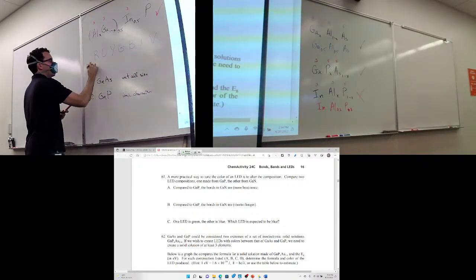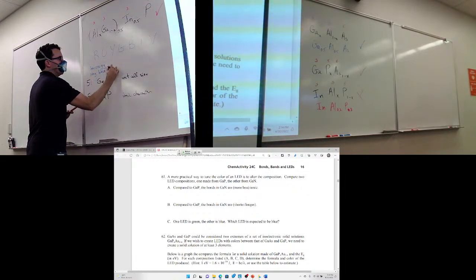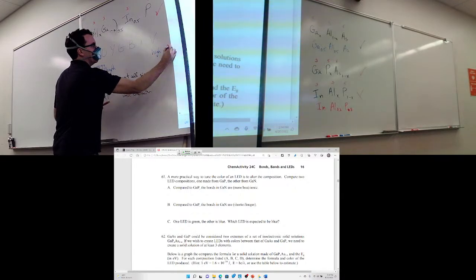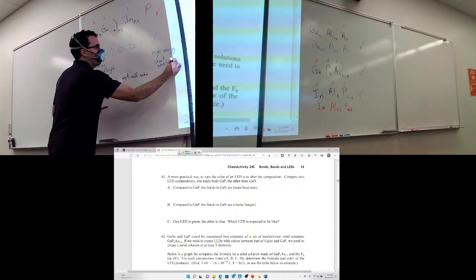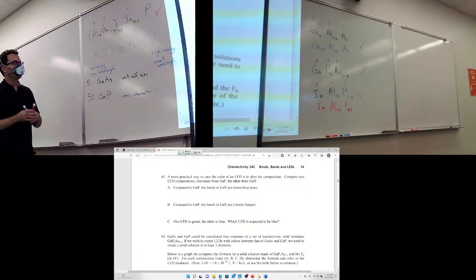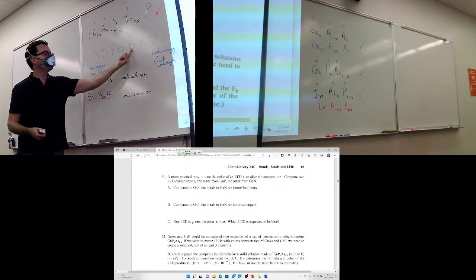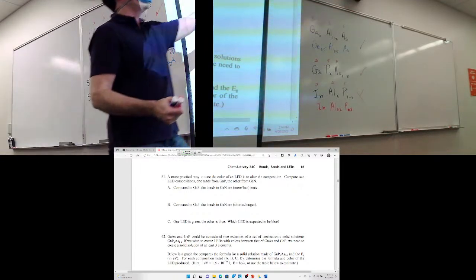So this is low energy, long wavelength. And then we've got high energy, short wavelength. So if the band gap gets bigger, you're going to go to a photon that is more on this side. So between green and blue, blue is a higher energy photon, and so it would make sense for gallium nitride,